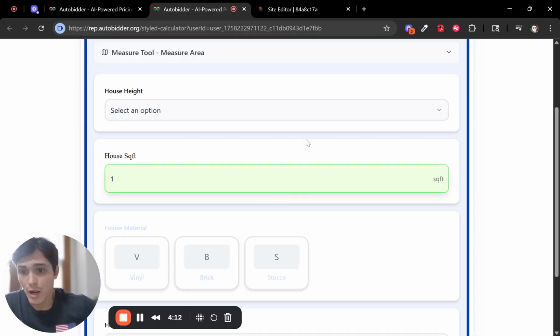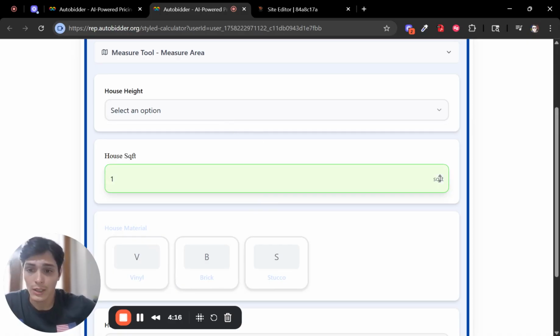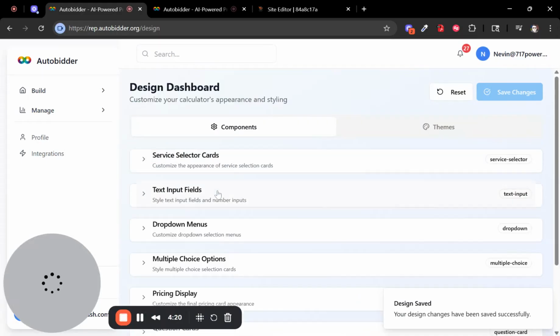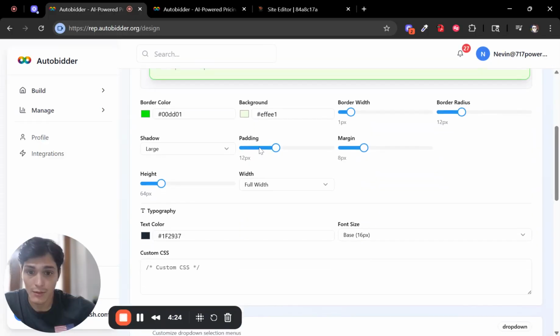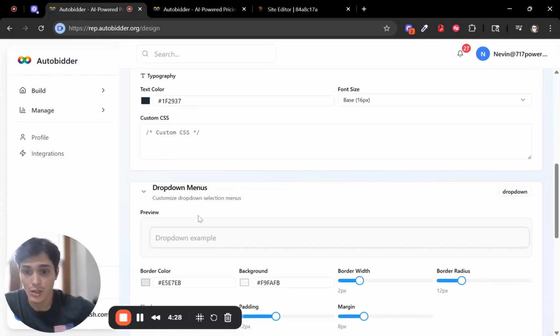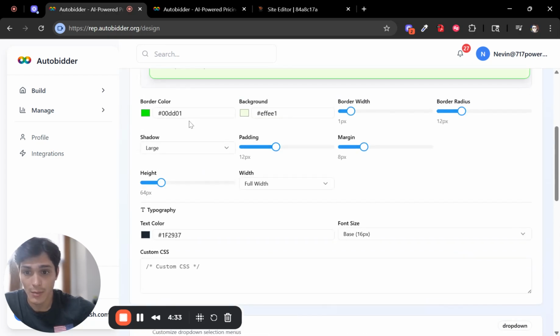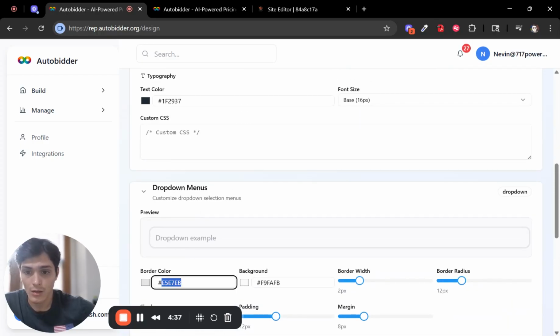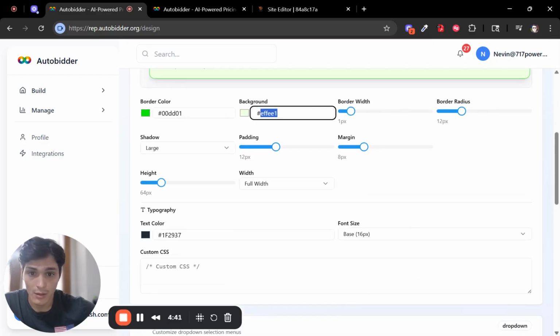The next one I think will be drop down. So you can see how this drop down looks right now. It's got a gray border, a gray background. Let's try to make it look similar to this one with the green, just to make it look uniform. Okay, drop down menus. Let's keep the text input field open. And then the nice thing is, if you want it to be exactly the same color, you can just copy the hex code, paste it in. Oops, I accidentally hit copy again. Copy, and down here, paste. And then the same thing with the background, copy,